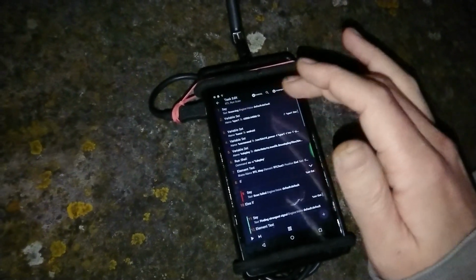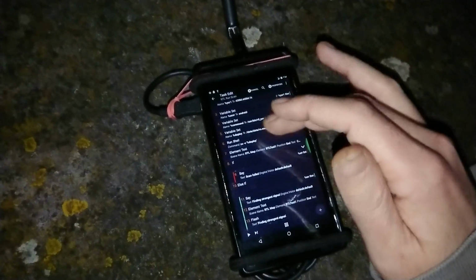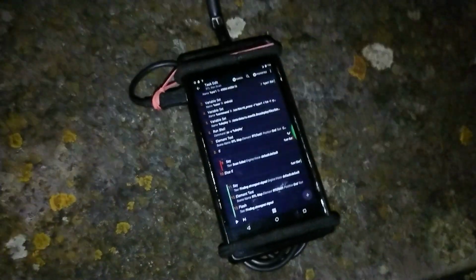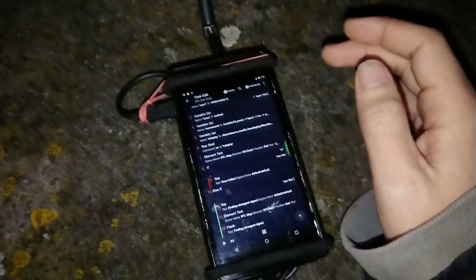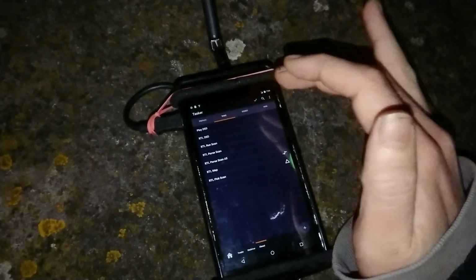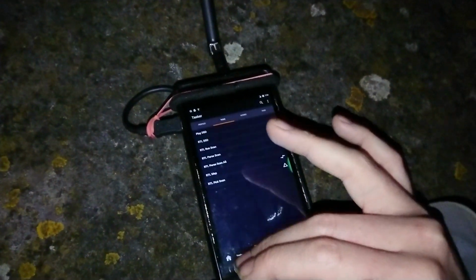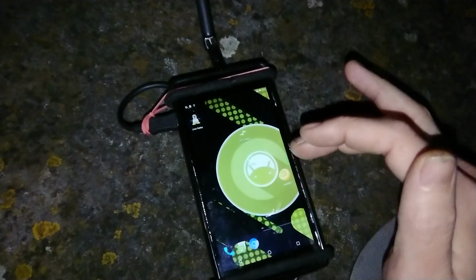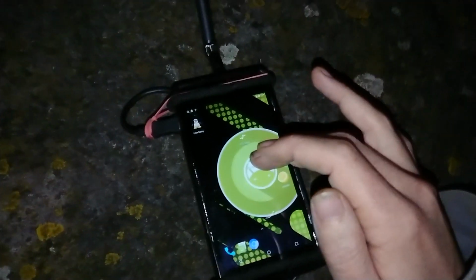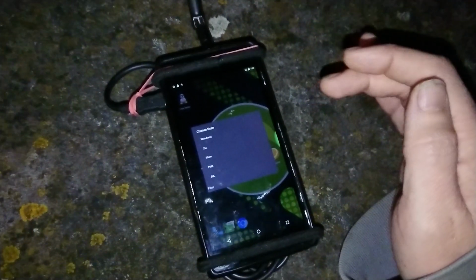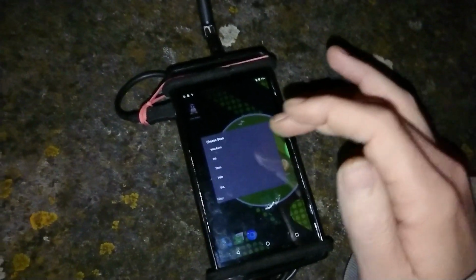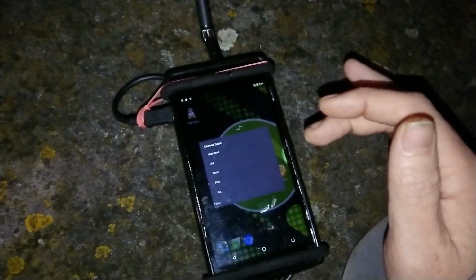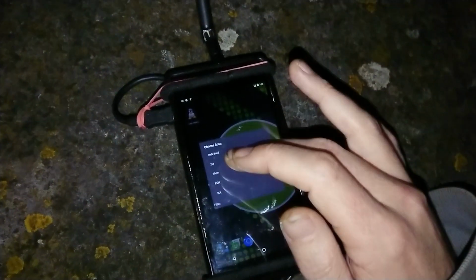create a small task that will essentially launch Linux Deploy and run RTL power in order to run a series of scans across ranges I predefined, and I'll give you an example of what this does. Now, it does have a map at the moment, but the map is kind of futile because it only does a single log. So if I show you what it's got available at the moment, I've got wideband, 2 meter, 70 centimeter, PMR and SUL. The most reliable of these is 70 centimeter. I need to sort the others out so they're a little bit better, but if we